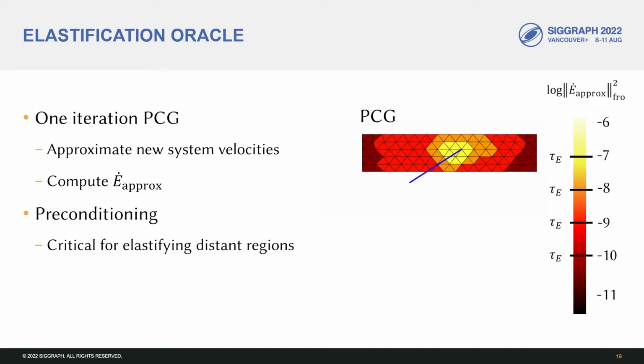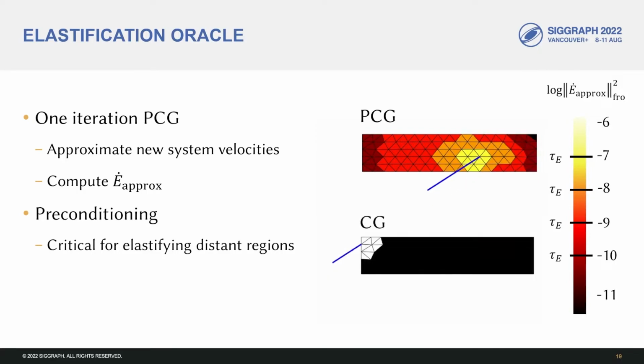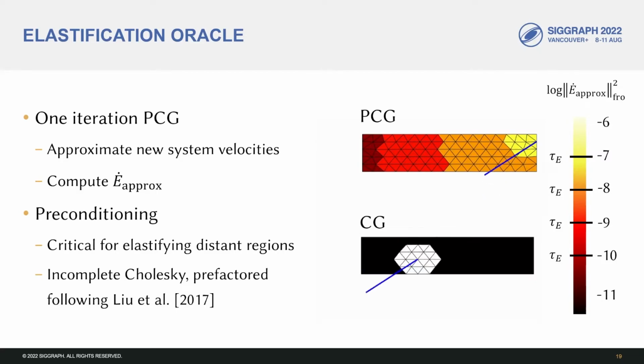This preconditioning is critical for elastifying distant regions. In contrast, without preconditioning, a single iteration of conjugate gradient can only propagate information to adjacent nodes following the sparsity structure of the elastic solid. We precompute an incomplete Cholesky factorization of a constant Hessian approximation. Our oracle does a good job at predicting elastification thanks to this preconditioner, even with only a single iteration of